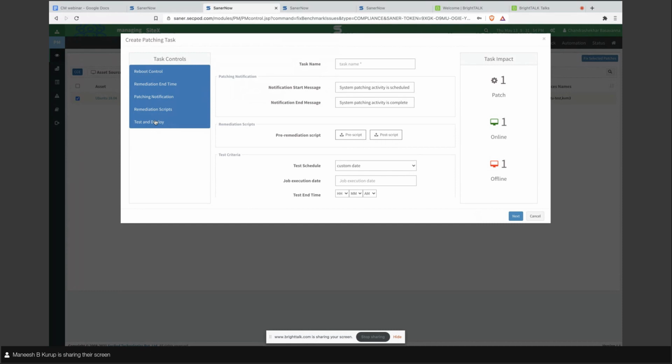You will be able to test this on a testing environment by this feature, test and deploy. And once the testing is passed, you will be able to successfully deploy on the actual environment. So this is how Sena now addresses the compliance deviations, or helps the customer fix the compliance deviations.